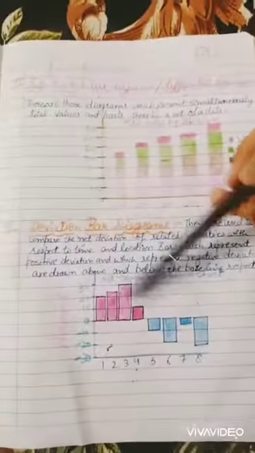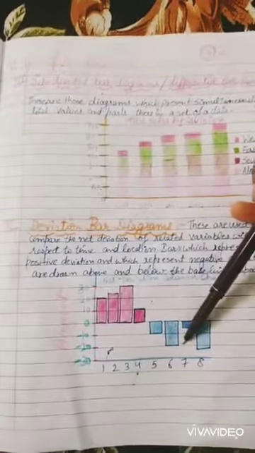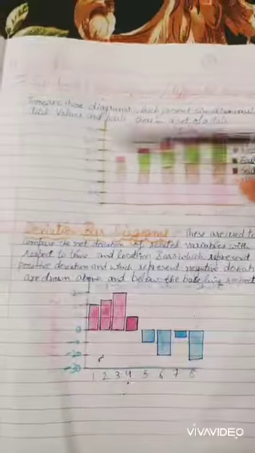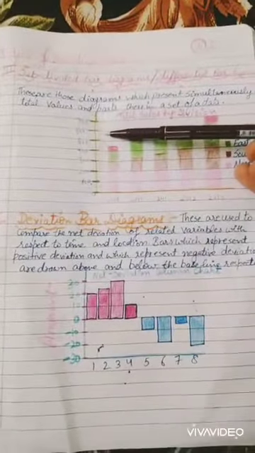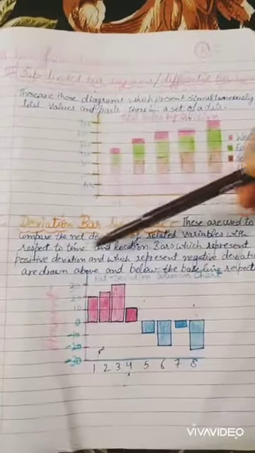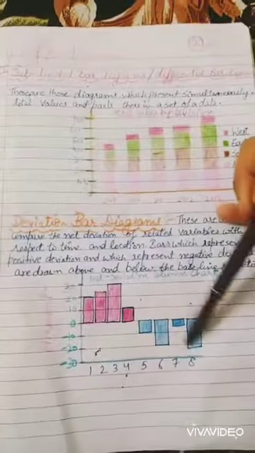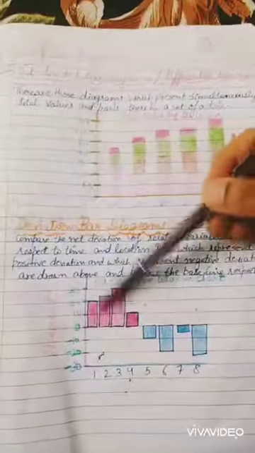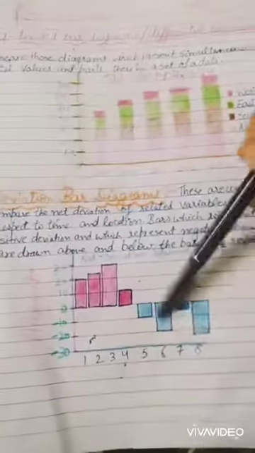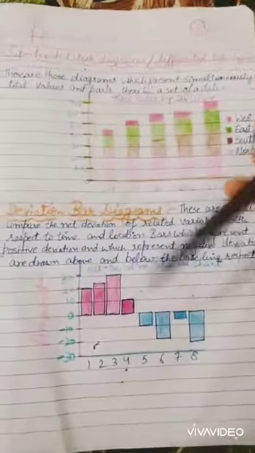Okay, these bar diagrams show values or changes in the data according to time and location, whether they are going positive or going negative. The pink one shows the positive one and the blue one shows the negative one. Okay, now